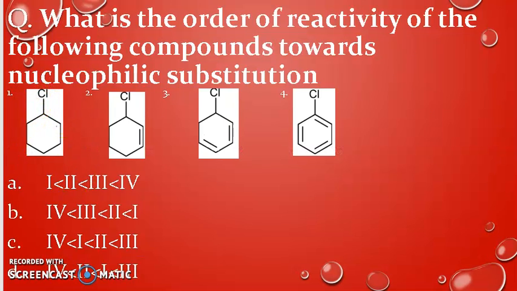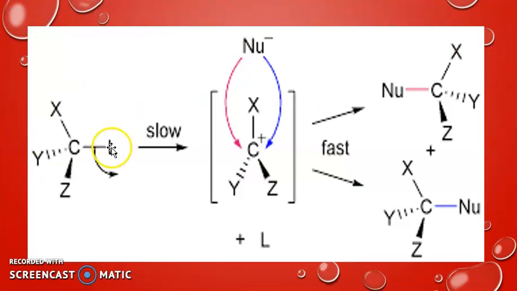In this picture, L is the leaving group, and it leaves from the central carbon atom, so that we get this carbocation. Once we get the carbocation, the nucleophile comes and attacks the carbocation and we get this kind of product. The nucleophile may attack the front side of the central carbon atom, or it may attack the back side. These are the two products you may get through the SN1 reaction. This is the way the SN1 reaction happens, with a slow step and a fast step.